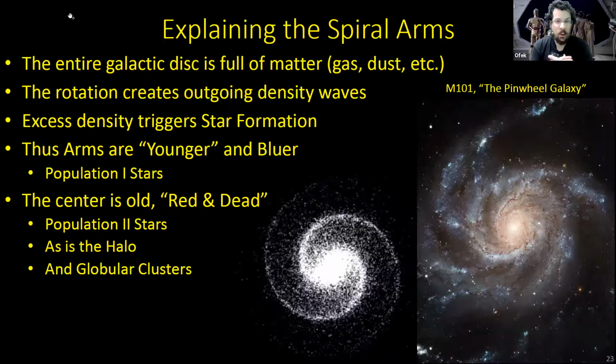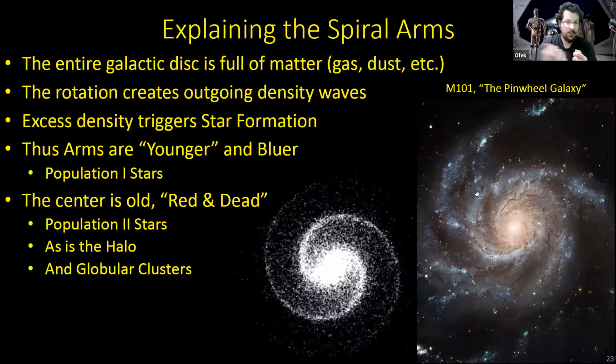Whenever you get an overdensity at some point or at some radius, that overdensity can locally surpass the Jeans mass. And if you locally surpass the Jeans mass, then you trigger a collapse and a new star is born. If a new star is born, it starts emitting light, it emits wind, which clears away some of the dust and gas around it. And so what we're actually seeing is not where there is more matter or less matter, but where there is more star formation or less star formation.